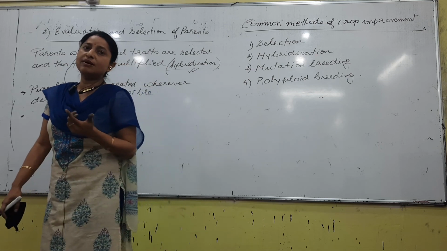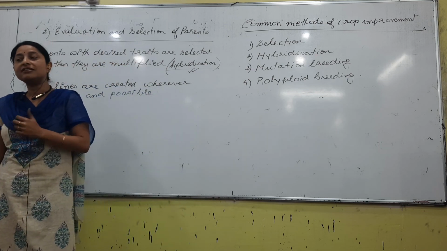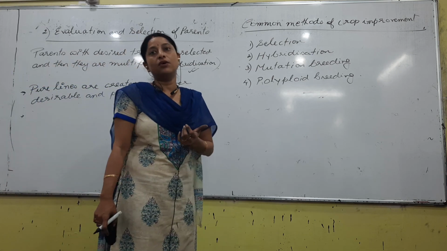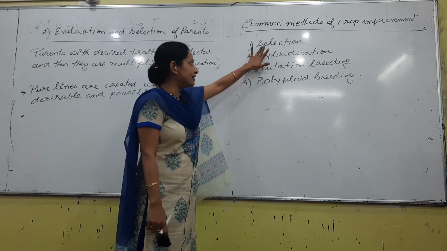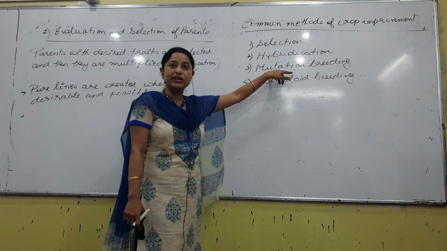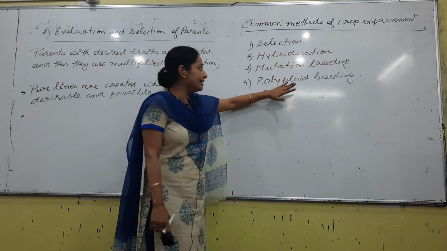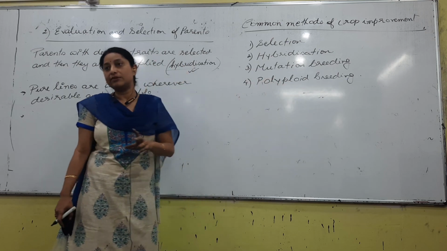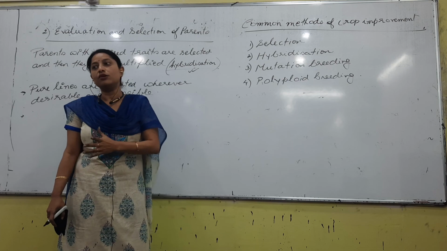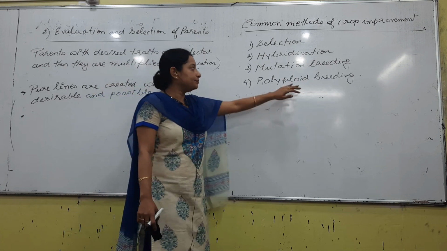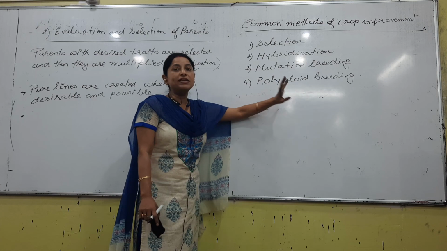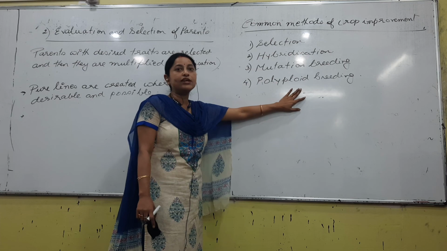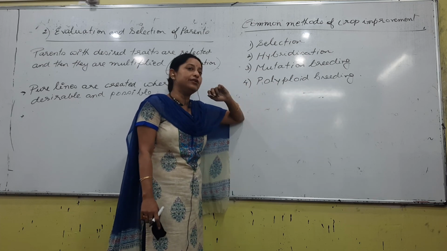mutagene. Mutagen ba mutagene ji kwa certain types of chemicals, certain type of substances which you use to produce a mutant or mutation, right? So plant dal select korilo, tar cross korilo, tar mutation breeding korilo, so that we can change the gene, right? Next is sometimes we go for polyploid breeding also. Polyploid breeding means again something related with the genetic makeup itself, haploid, diploid, polyploid. I think we understand. Haploid ki one set of chromosome, normally organisms will have 2 sets of chromosomes, so we are diploid, right?